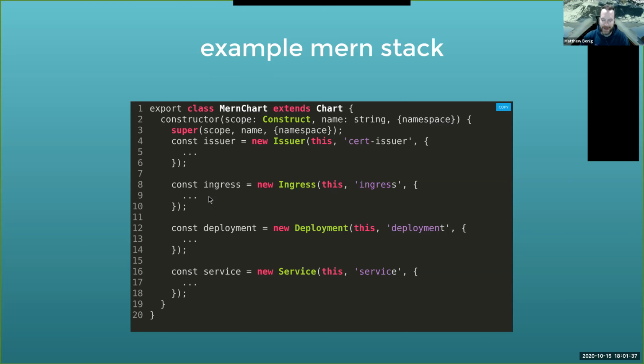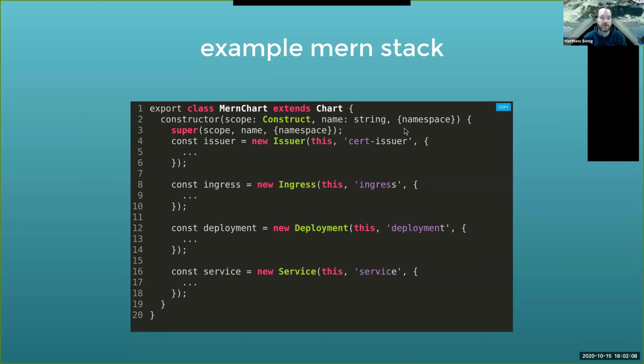I've left out a lot of the details here because if I left them in, they would probably look very similar to the Helm charts or the Kubernetes resources you've seen before, and I want to kind of shrink this down a little bit. But I build this whole thing out. Now this is a reusable MERN chart that I can use, and if I just extend out the properties on this and add some more properties along the way, like what's the container image that I want to use in that particular situation, then I can just synth this over and over, passing in different properties each time and get as many charts out of it that I want.